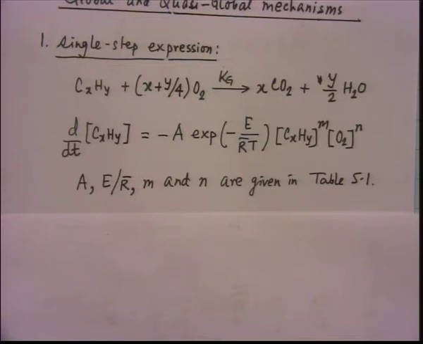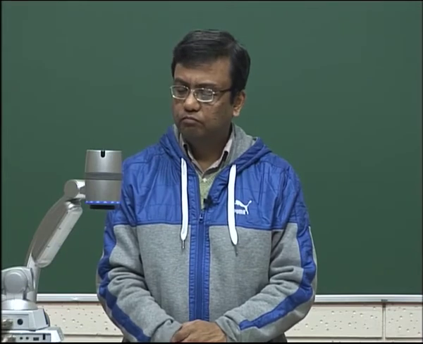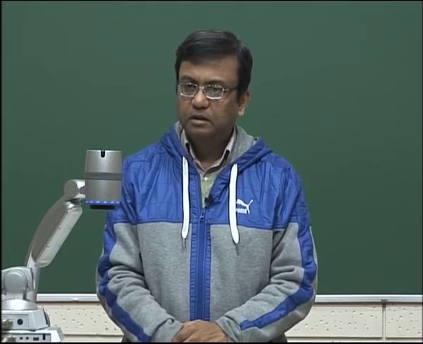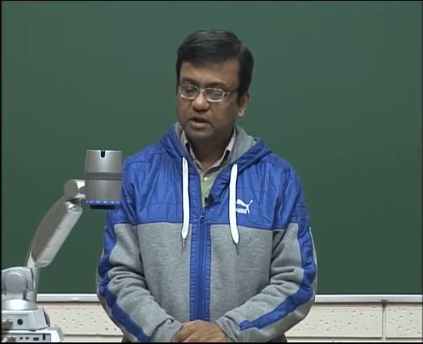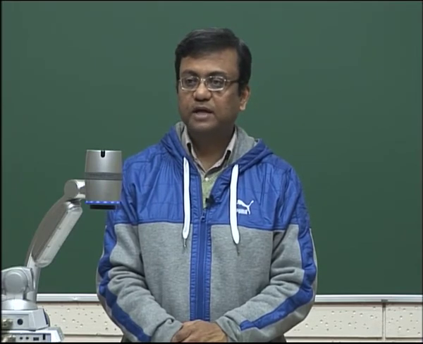So, how does this relate to what we have just finished doing? This is a single step, but I have been telling you that reactions do not happen in a single step. So, what is this? They have done this and finally found this expression. That's why they have used the kg, which is global. They have given a global view, not considering the individual reaction rates. So kg means a global reaction rate constant.